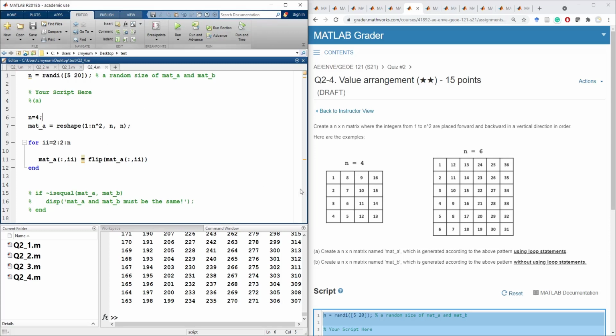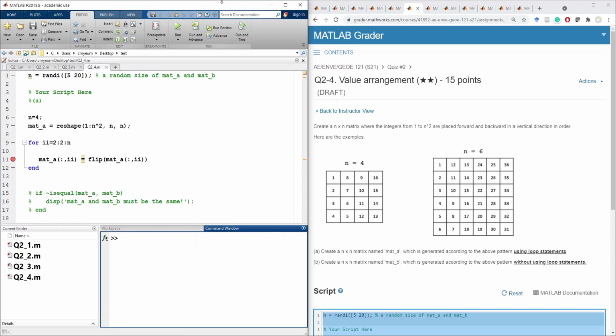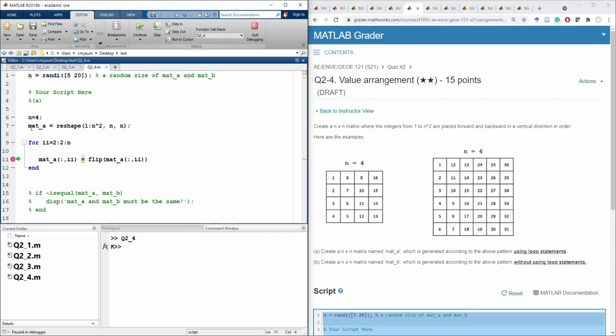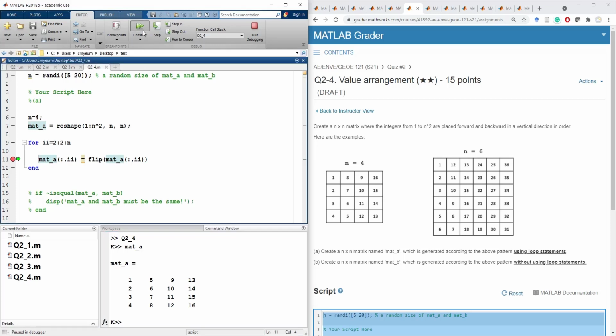Okay, here is the stopping point. Clear this out, run it. What is the mat A? Mat A is like this, linear indexing order. If you run it,